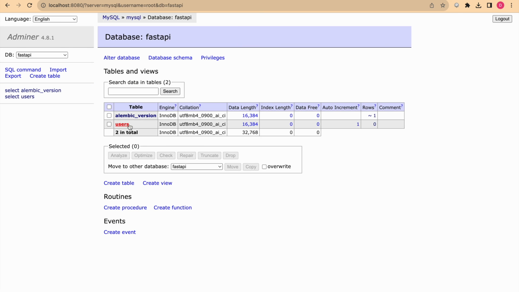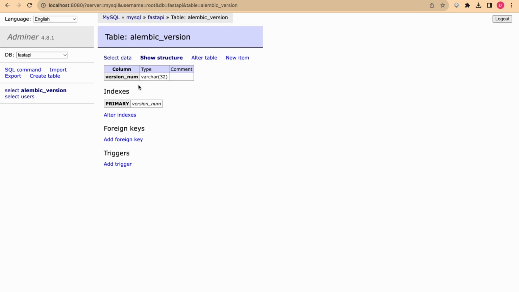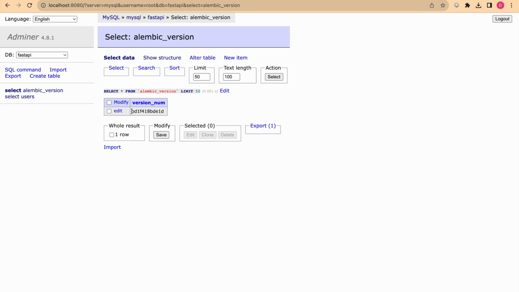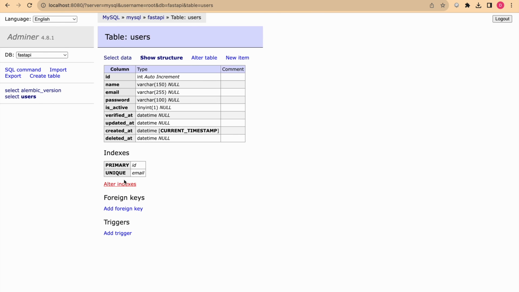If I refresh this, you can see there is an alembic version table. Using this table, it tracks the migrations that we apply, and you can see the users table here. You can see the primary key is id, a unique index is added on email, and all the fields are added here. If you want to revert this, for that, if we go to this,